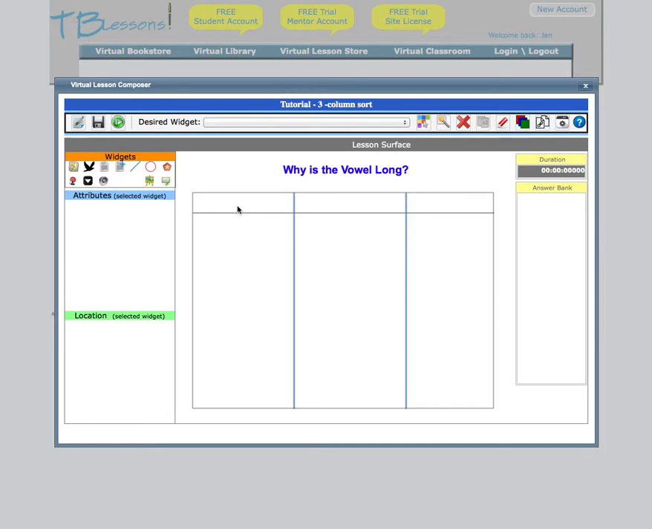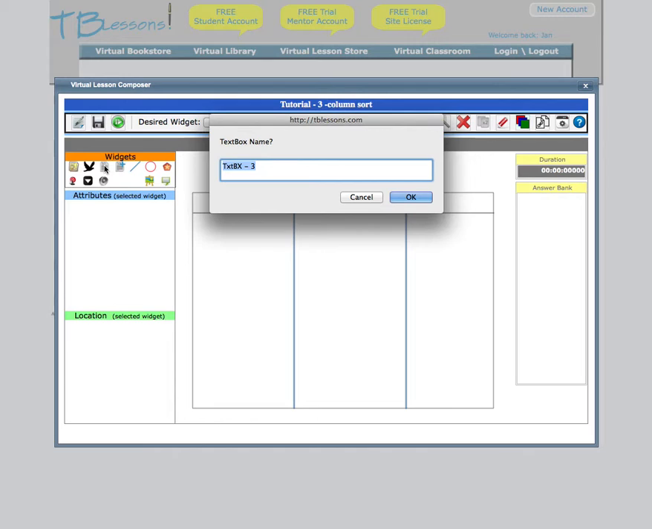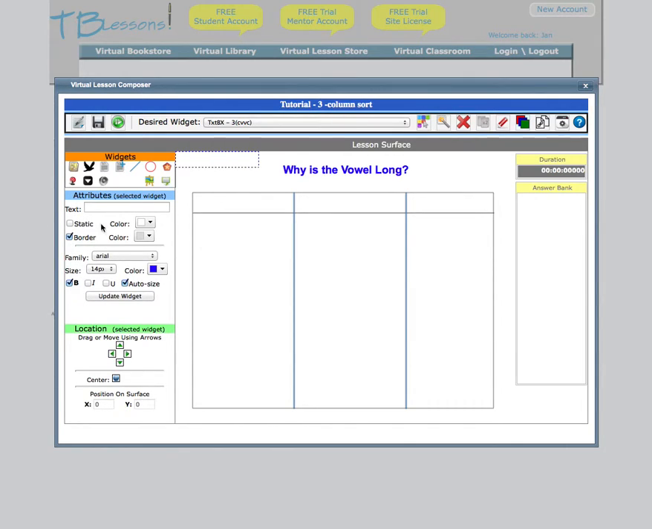Now we need our titles on the top of our sorting columns, so those would be text boxes. And we're going to say that this is a CVVC, and we simply go here, CVVC, and we also want our titles of our columns static, so we're going to check static. We could put a border if we wanted, color white, Arial font family, and let's have the font size be 18,